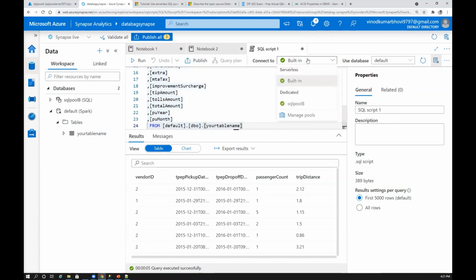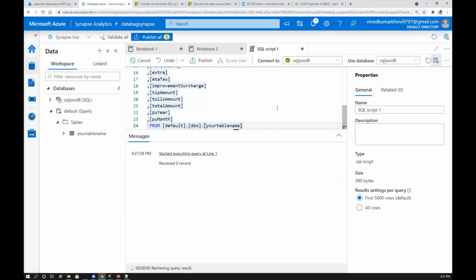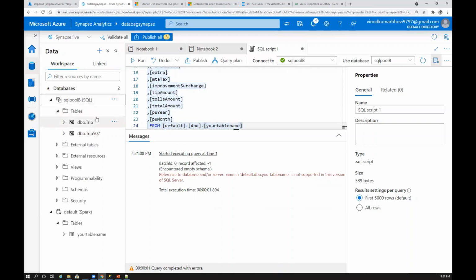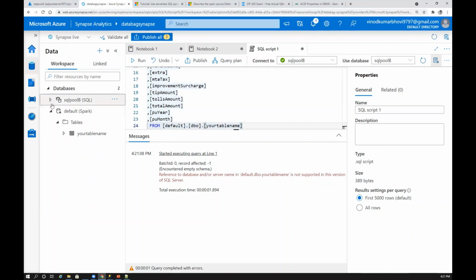But if I try to connect this with SQL pool B, let's see if this runs or not. Yeah, see, it did not run for SQL pool B, because this is a dedicated database and you have data for SQL pool B in this database. Whatever data lies in this database, you can only run against that pool. And this data lies in a different database, which is the Spark database. So you're not able to connect to SQL pool B and trigger the SQL query, even though it is a SQL query, because this data is not mapped to this data warehouse, this SQL pool.